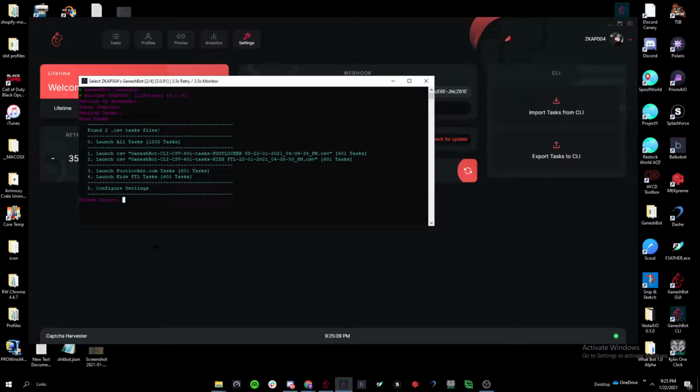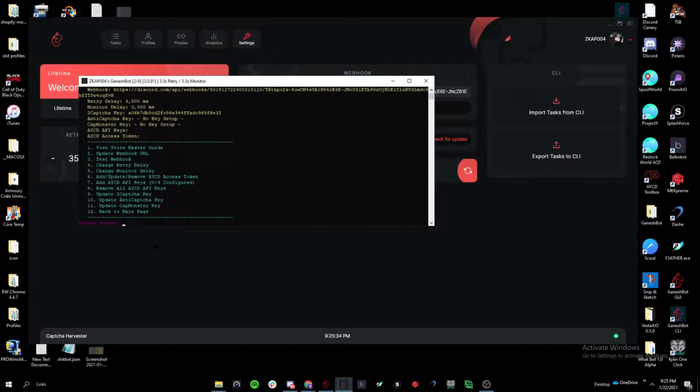It really isn't intimidating. Even for me, when I first started up, I was super intimidated by how it looks. It just looks very confusing, but it actually is probably one of the easiest bots I've used for CLI. So the first thing you would do coming into the CLI is press 5 to configure your settings. I would press 5, enter, and then you have all of these